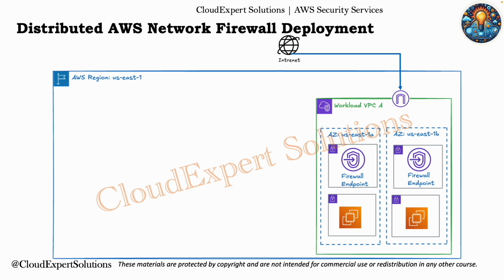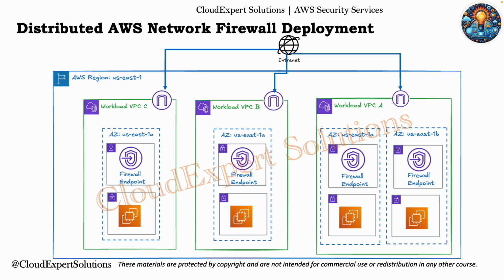As we discussed, this is a distributed workload. Then you will have workload specific VPCs and you need to deploy AWS Network Firewall into each VPC that requires protection. Now each VPC is protected individually and the blast radius is reduced through VPC isolation. Then you need to update the route table and all inbound and outbound traffic will flow through network firewall endpoints